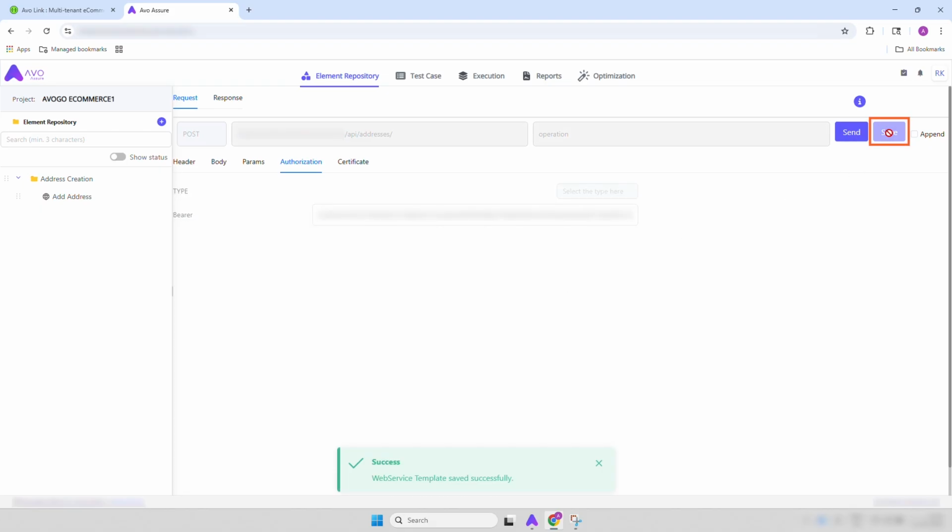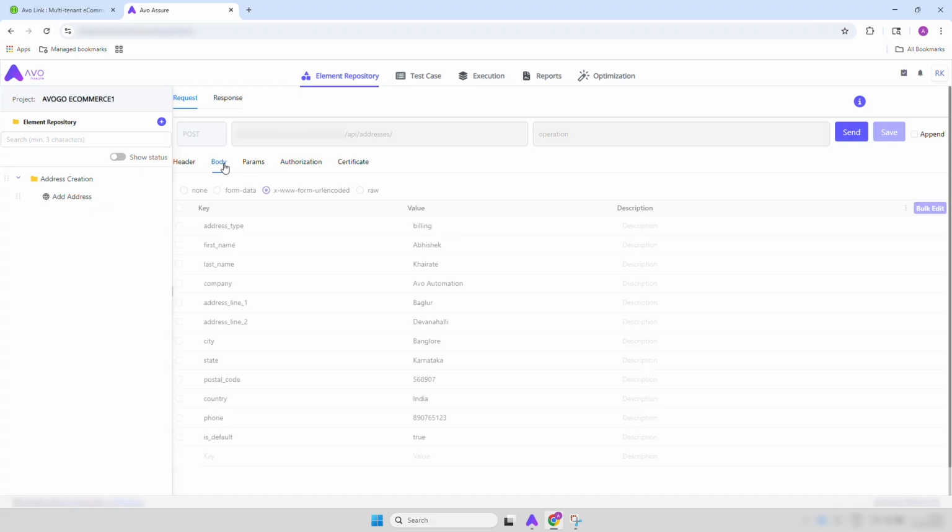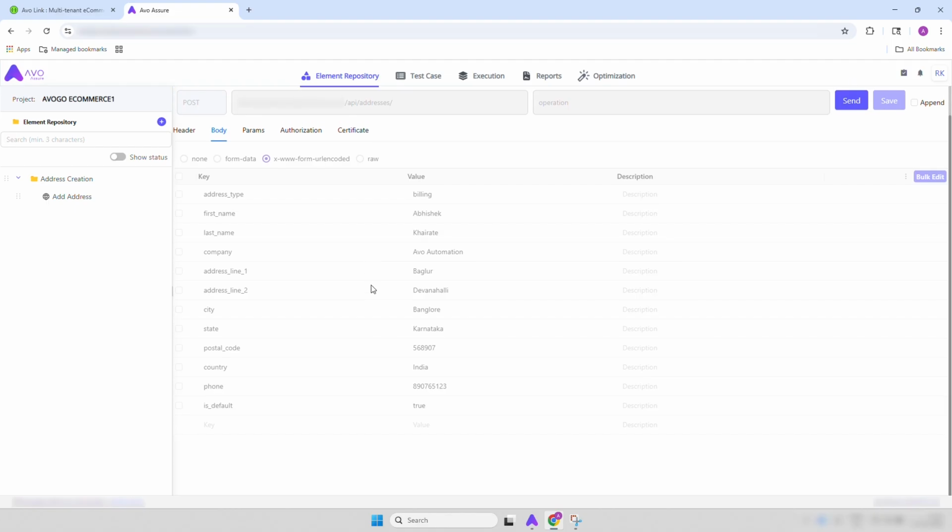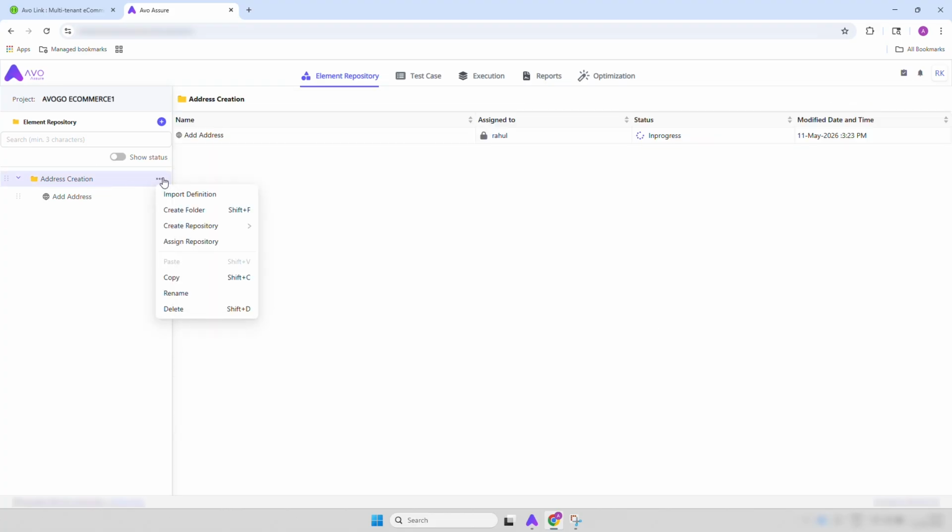Once after clicking on the save button, the web services template saved successfully, and in the body we can see what are the keys and values which I have provided. It has been reflected successfully in proper structure. So this is how we can make use of bulk edit in order to provide a number of keys and values. Now let's create one more repository